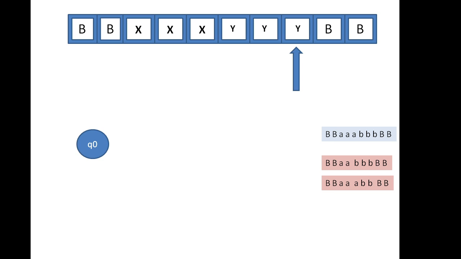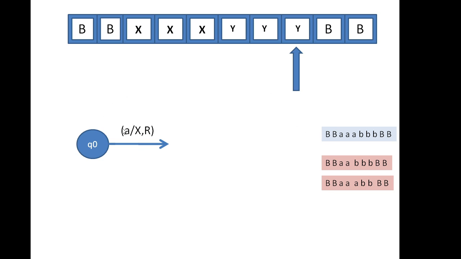So again, we'll see this with the help of the same example I'm going to take, that is triple A and triple B, and how our Turing machine will look. First is your initial state, that is Q0. From Q0, on a blank you're not going to get anything. As soon as you get an A, what do I do? I convert it into an X and move right. So that is what I'm going to write.